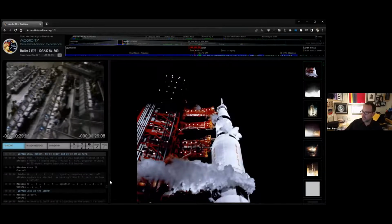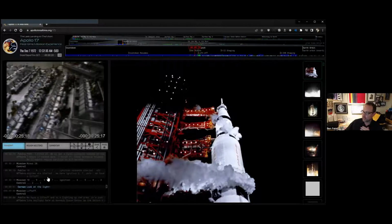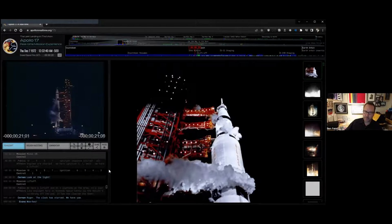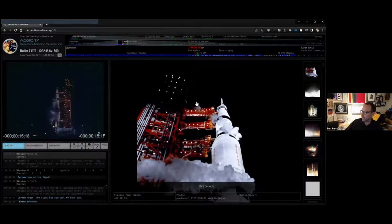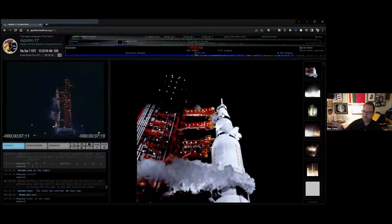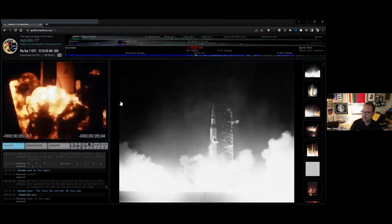And you can see here the transcript of what people are saying on the bottom left is scrolling along as people talk. All the video footage that's available from the historical missions is at the top left. And every photo that was taken of the mission and on the mission appears here on the right when it was taken. So the whole concept of this thing is you're riding along exactly, in this case, almost exactly 50